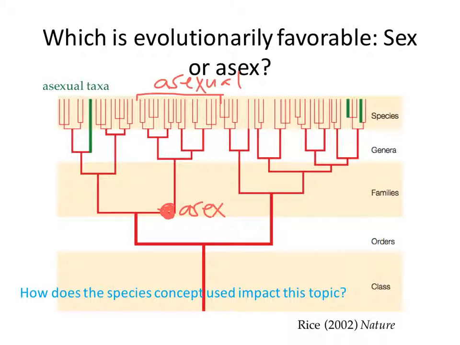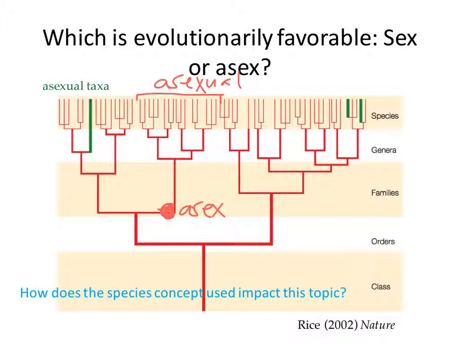And I just want to bring back this concept of species concepts really quickly. When I talk about species on this tree, does it matter which species concept I'm using when I draw this sort of cartoon? Biological species concept versus recognition species concept. What species concept would be useful to talk about asexual taxa? Could this be the biological species concept? That would be biological, right?